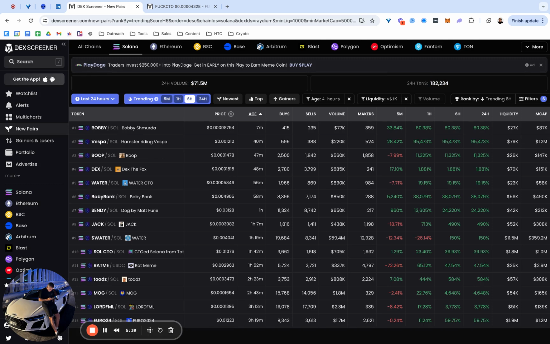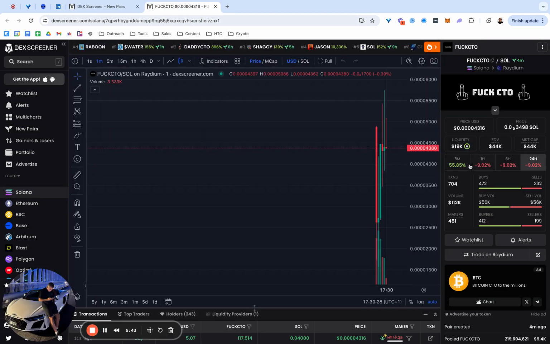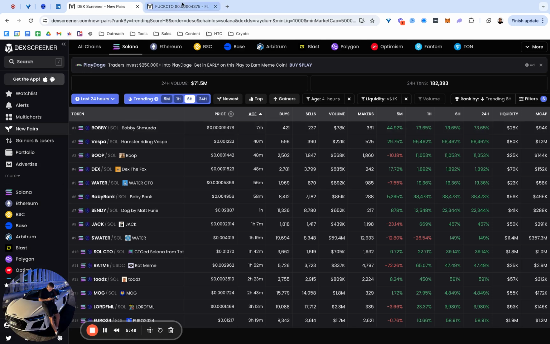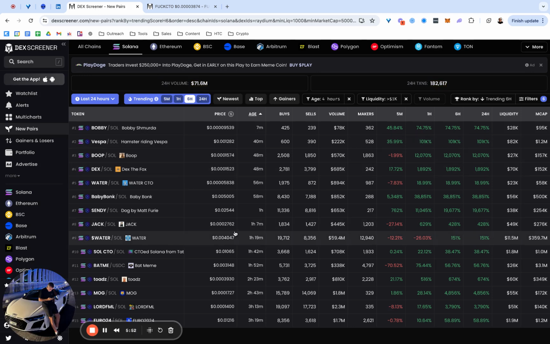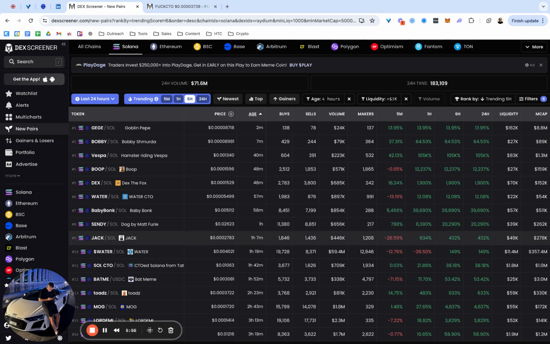I don't know if you just saw that while I was speaking. One of the coins just disappeared. Why? It was the one that literally just came up that I opened. I don't know why it's not there anymore, but it's probably because the last 5 minutes volume has dropped below 20K. That's what happens. And we want that, right? We don't want a coin that can't even hold up 20K worth of volume in the past 5 minutes